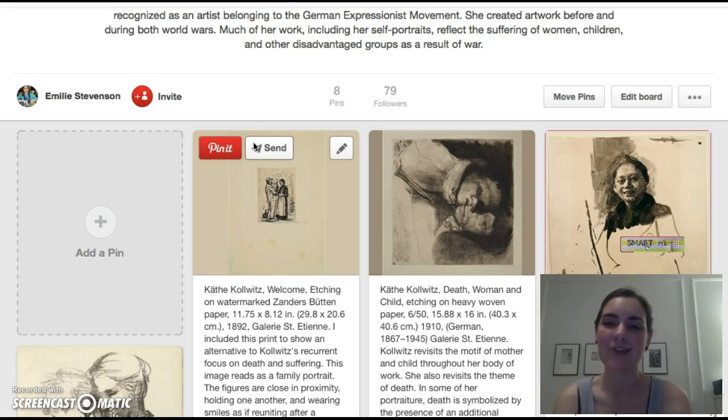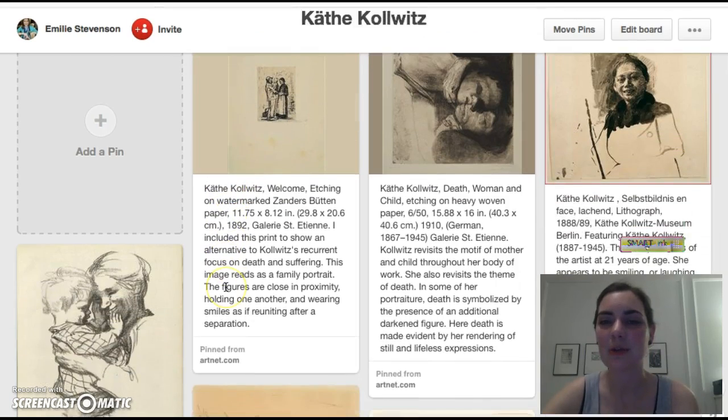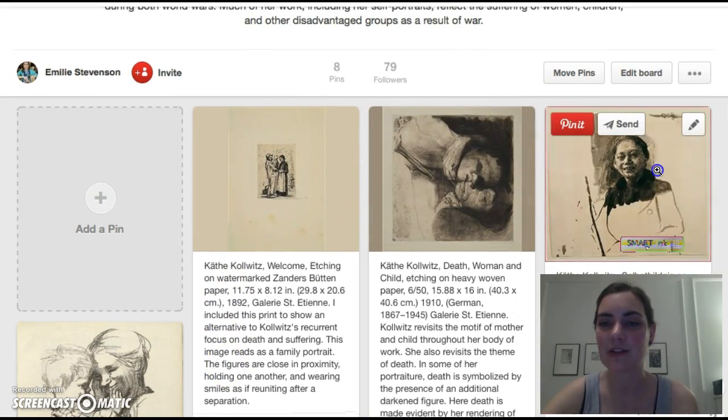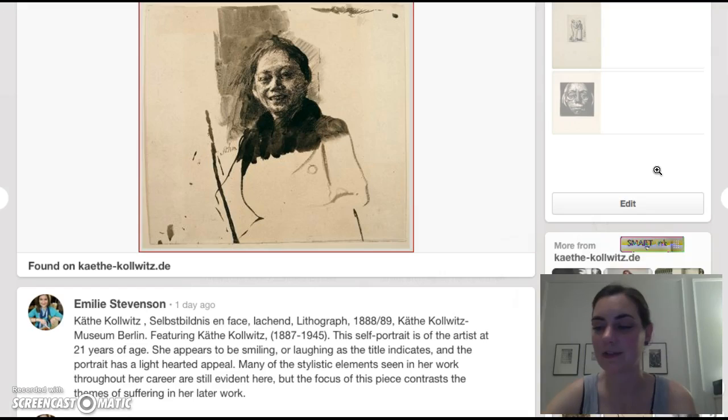stylistic elements. She's not an artist that I've been able to teach in my curriculum yet with elementary school students. I thought her themes were a little bit too mature and too heavy. However, looking at more of her work for this research project has shown me that there are some pieces that I think would be age appropriate for the children I work with, so I may include her next year, we'll see. So I'm going to start with her self-portraits and explain a little bit of her biography